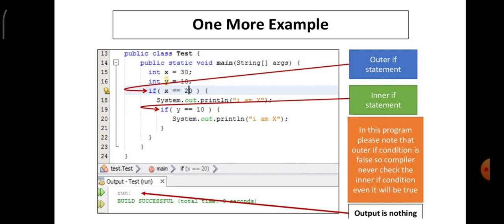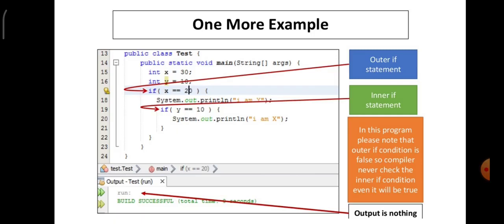in the statement. Please note that the outer if condition is false. So the compiler never checks the inner if condition even if it is true. So outer if is false. When the outer if is false, though the inner if statement y is equal to 10 is correct, it will not execute that statement.